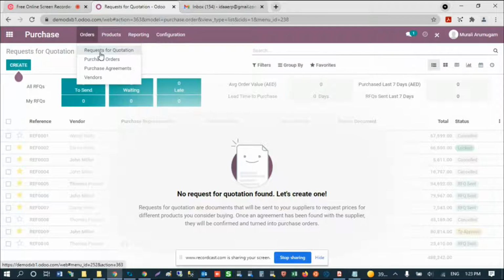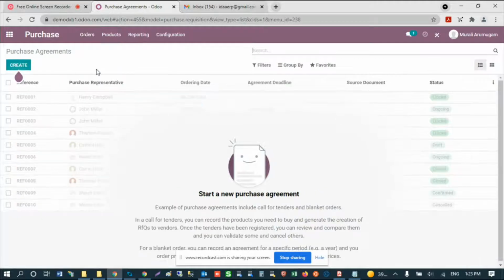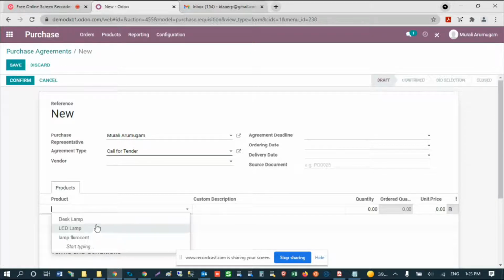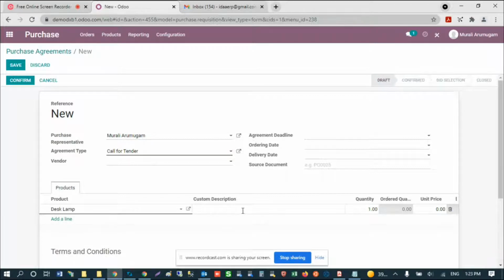You could also send one purchase requisition to multiple vendors, which I would like to show you today how that's done. So this is called a purchase agreement in Odoo. So first you create your purchase agreement where you're going to configure the number of items you require, and you can choose these items from your existing inventory or items, or you could create items on your own on the fly.